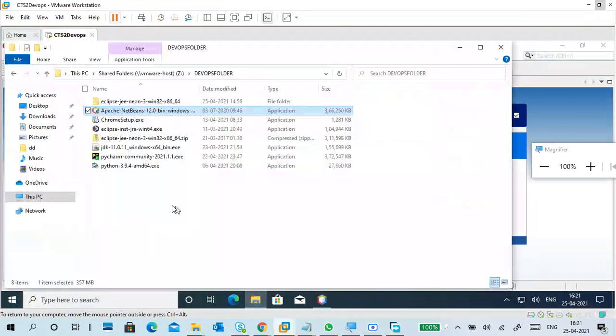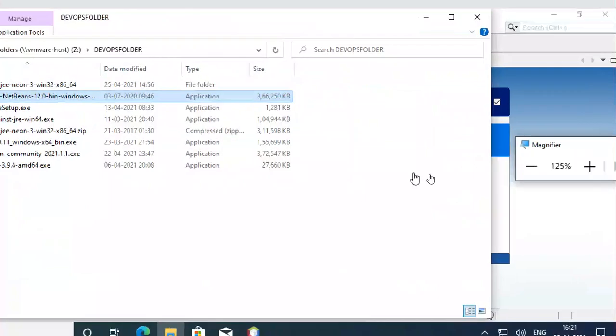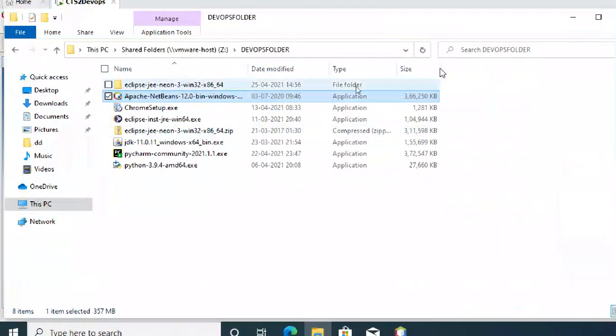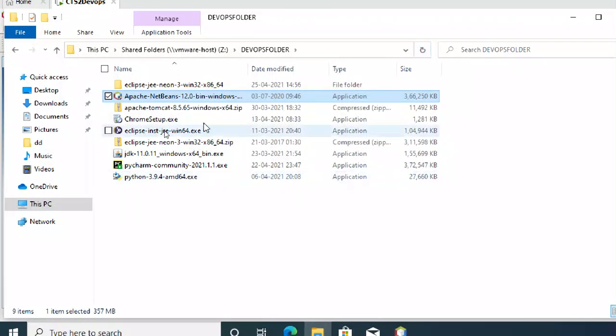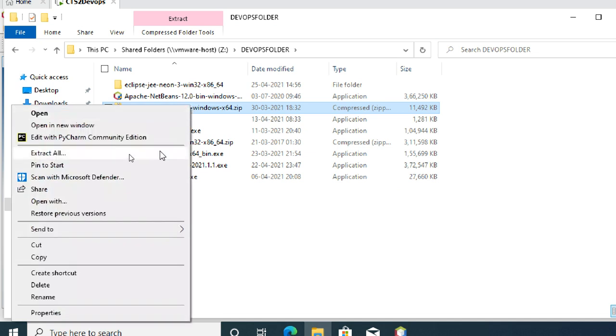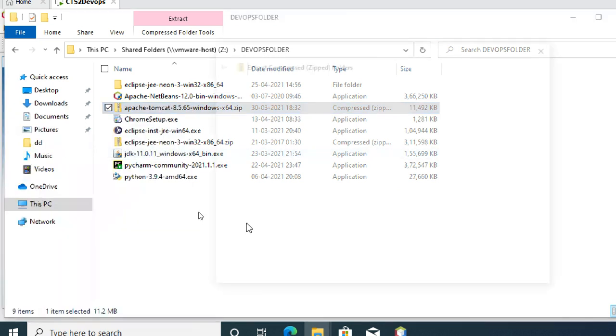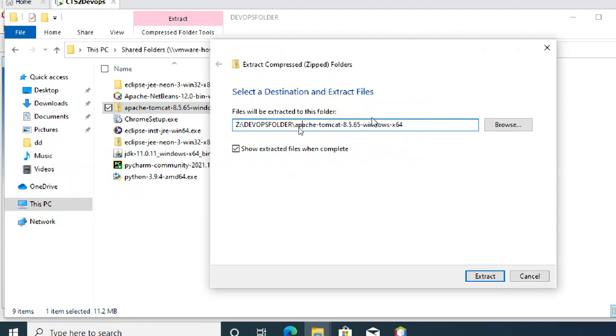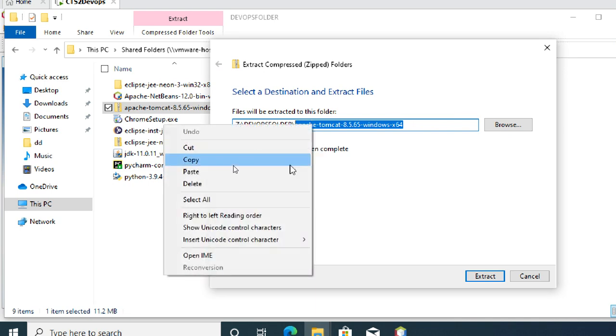So let it go on. Meanwhile I will do the Tomcat extract also. It is a zip file. So refresh. This is Tomcat 8.5. Sorry, Tomcat 8.65. So I'm going to extract this one. Extract all. Where do you want to extract? I want to extract this thing in the C drive.